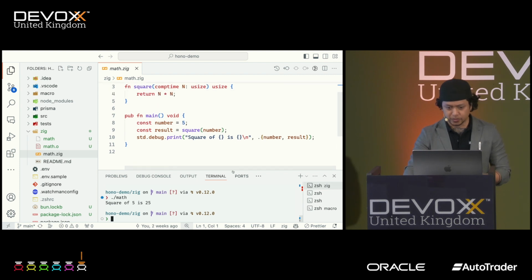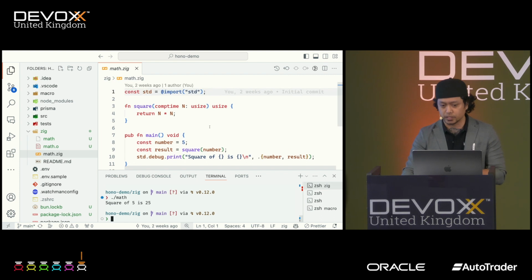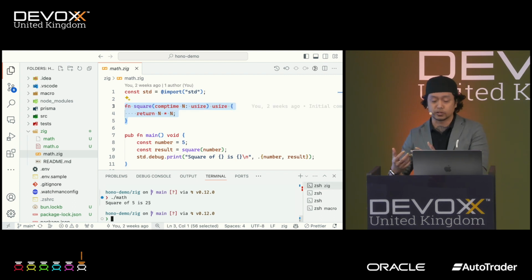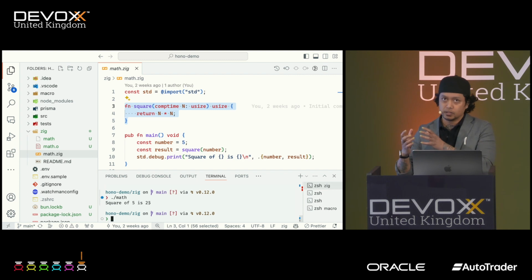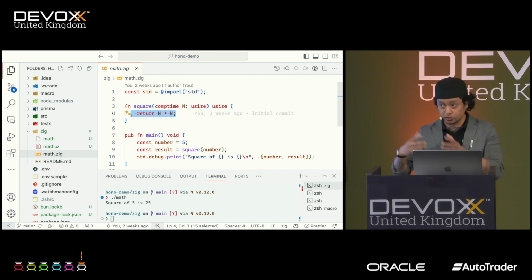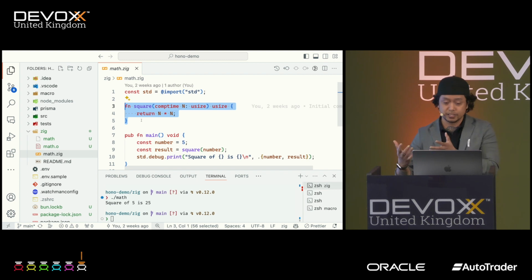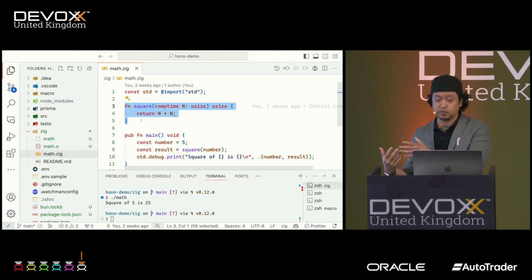it's just going to show you the result of the square rather than showing you what this function is written here. And you will see this also later when I do another demo about macro, which is similar. We're going to build it, but we're just going to extract the result of this function, this return, and not show you the function, this square, in the source code. You know what I mean?